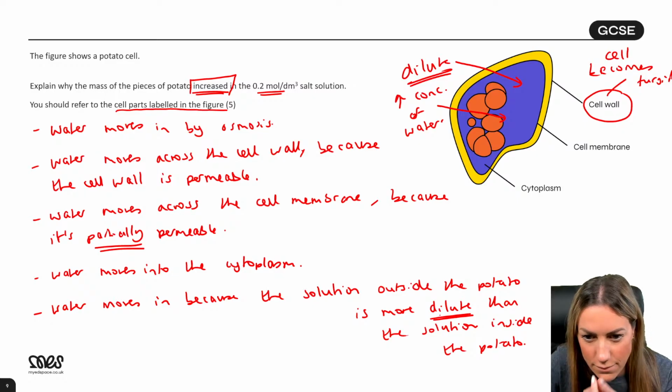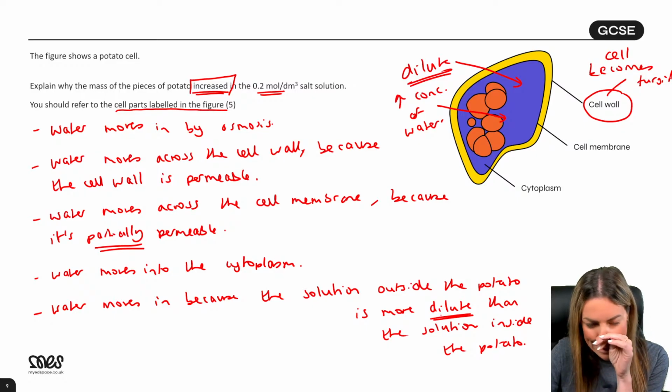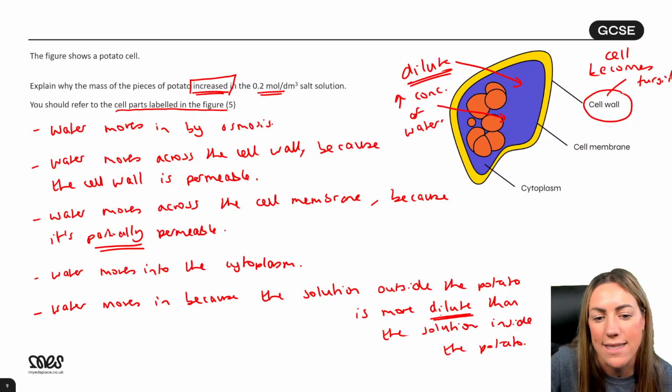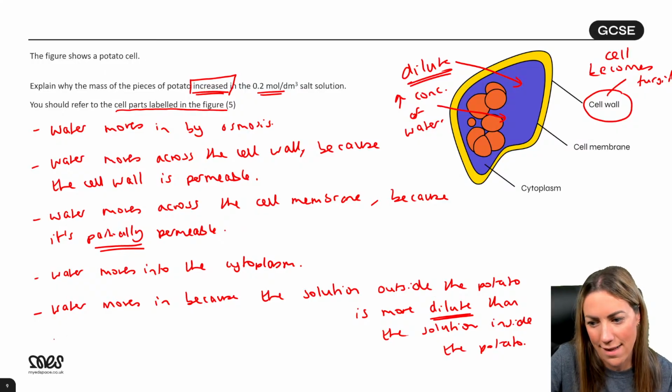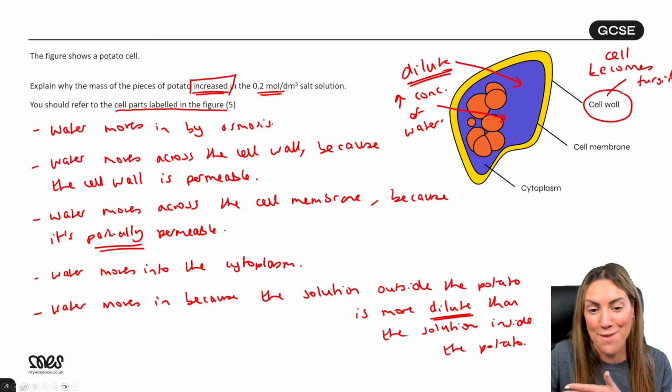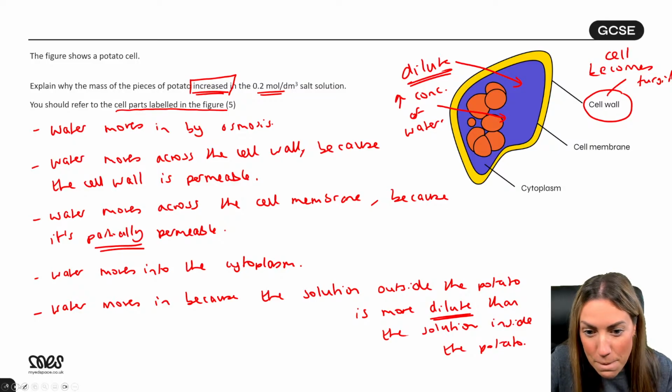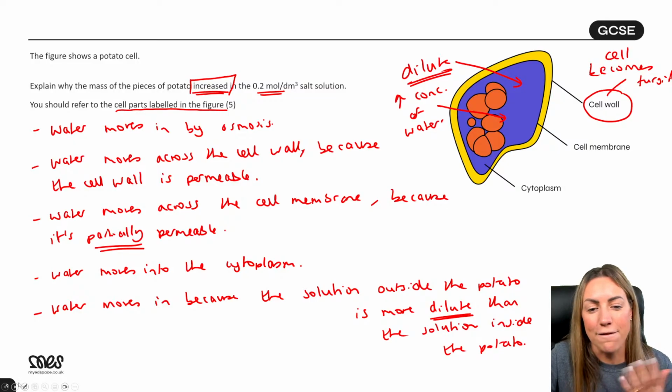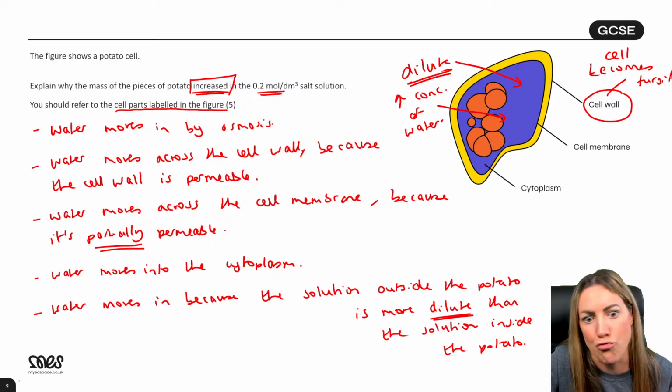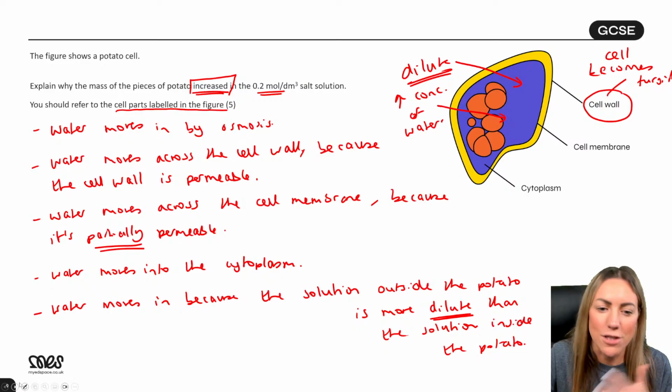Okay. The opposite of turgid is plasmolyzed. So plasmolyzed plant cells have lost a lot of water by osmosis. And yeah, you can say water moves from a high water potential to a low water potential. There's so many different ways of saying it. Flaccid is when it's lost some water. Plasmolyzed is like extreme flaccid. Plasmolyzed is it's lost a lot of water. Flaccid is like it's lost a bit of water.